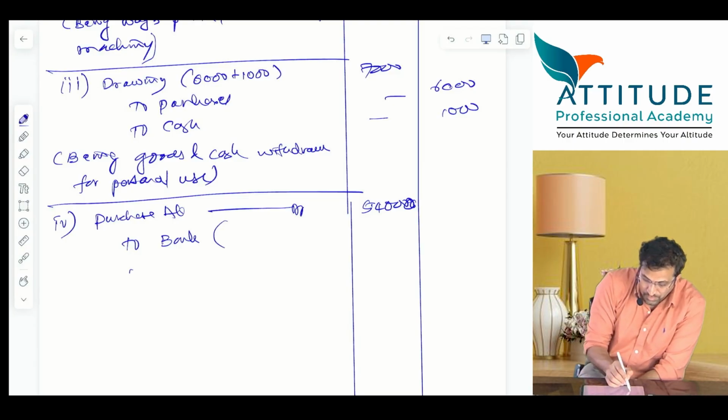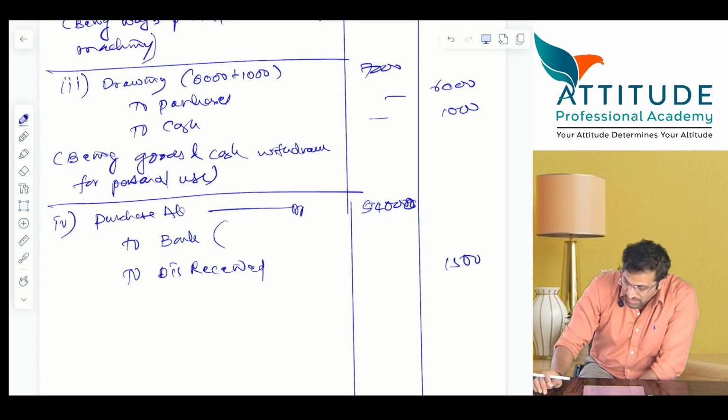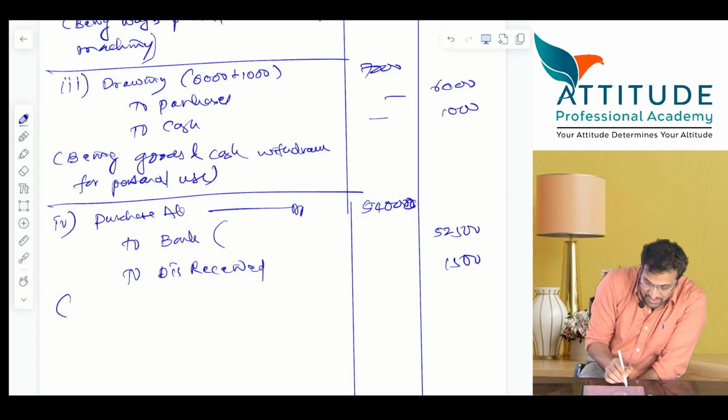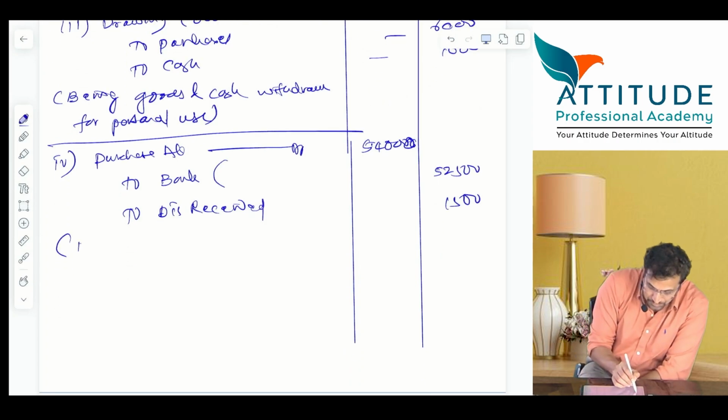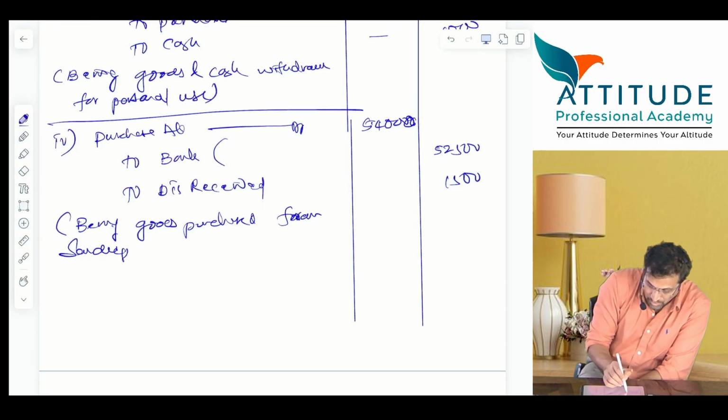Now to discount received. Now discount received is an income. Income is credited 1,500. Payment bank कितना देखो, 54,000 minus 1,500, 52,500. Narration being goods purchased from Sandeep for 60,000